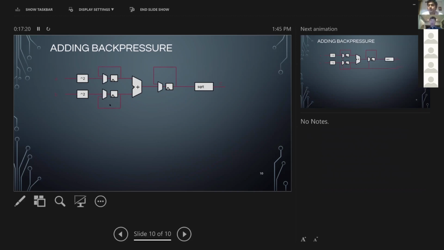I'm showing that as a recirculation through a mux. You could also hold the values by controlling the clock that feeds into the flip-flop, but I wanted to show things more explicitly here. And now that I've got the recirculation, I'll add in my stall signal to control the recirculation. So now I have a pipeline that's doing Pythagoras theorem that I can stall. If I take this logic as it